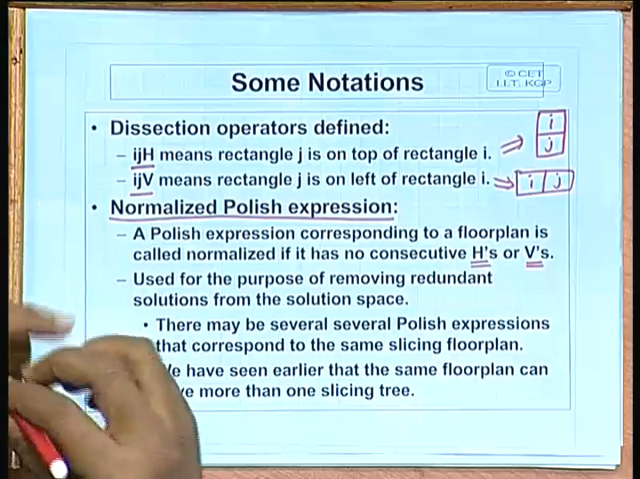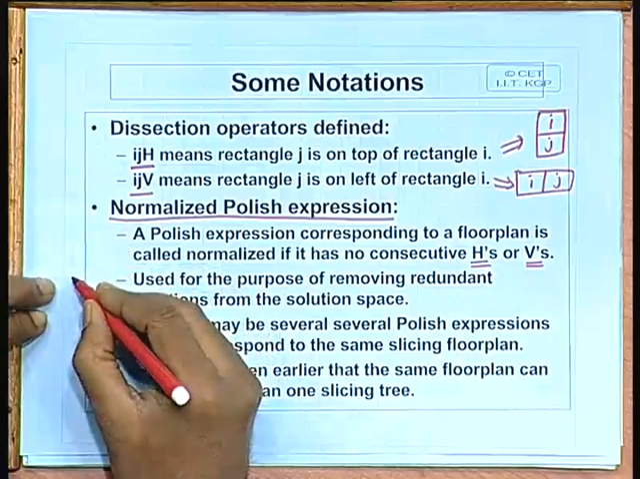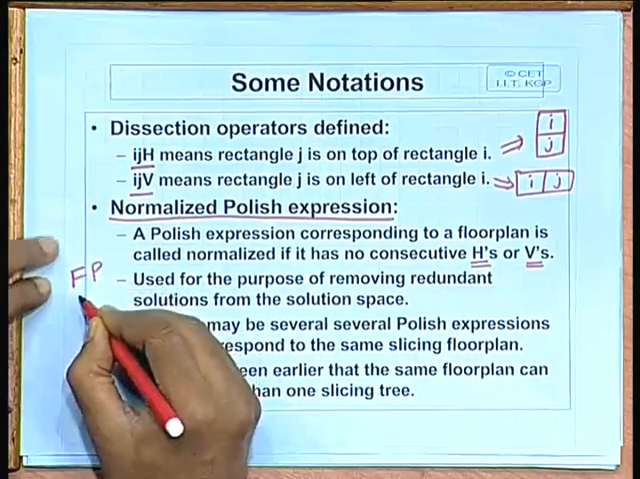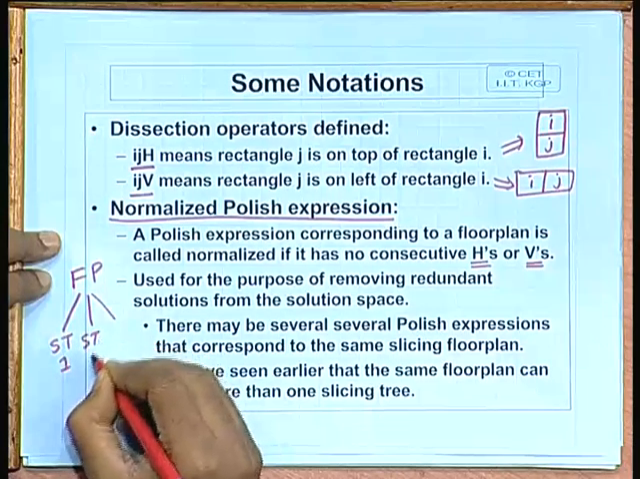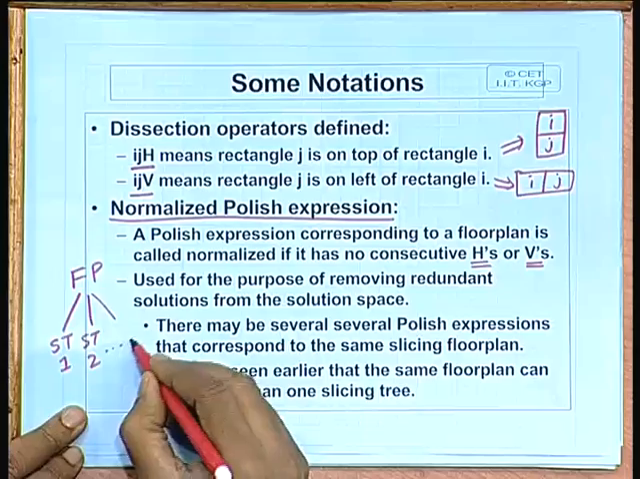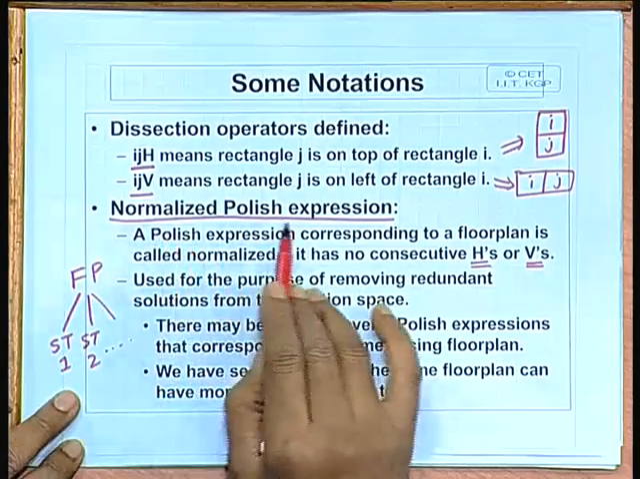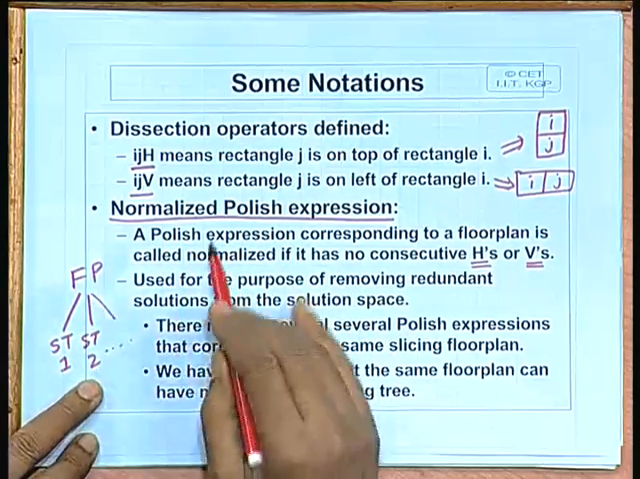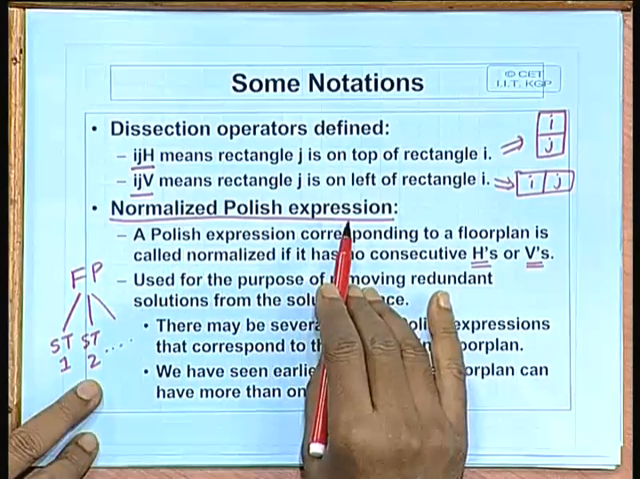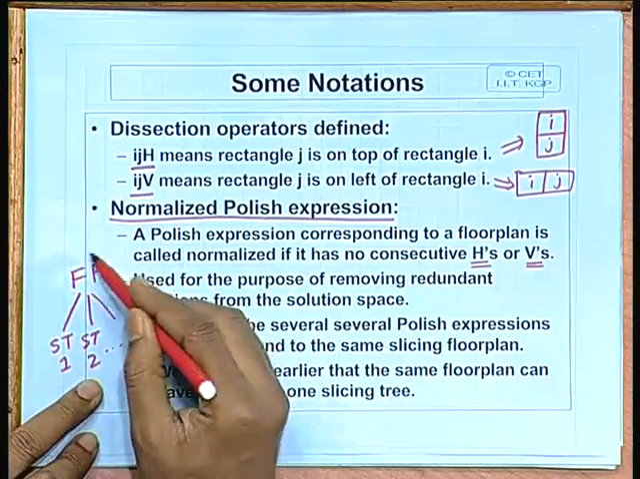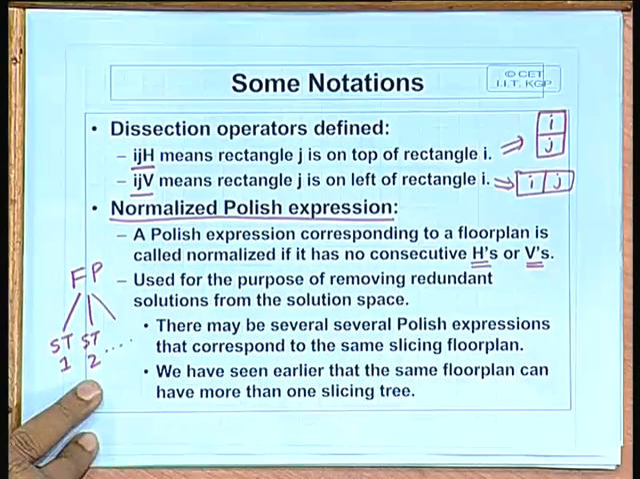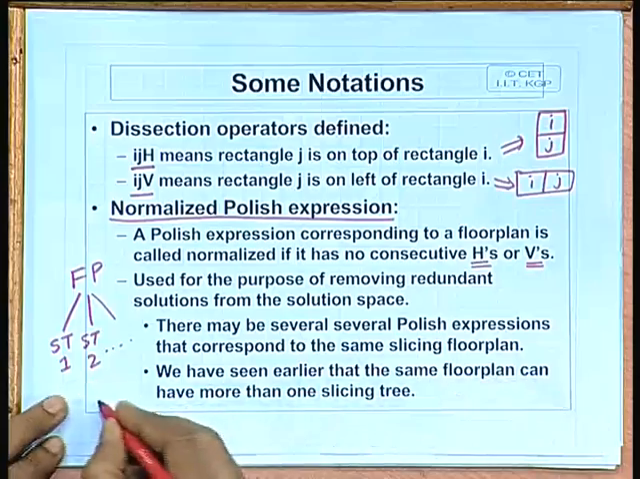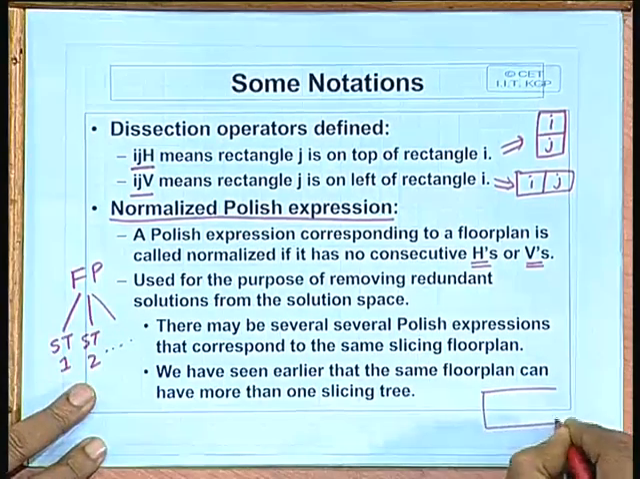See, ultimately we want to explore the solution space, and we will see that corresponding to the same floor plan there can be several different slicing trees, slicing tree 1, slicing tree 2 and so on. Some of these slicing trees will correspond to normalized Polish expressions, some will correspond to non-normalized Polish expressions. For a vast majority of floor plans, there will exist normalized Polish expressions. Well, with the exception of trivial floor plans like this,